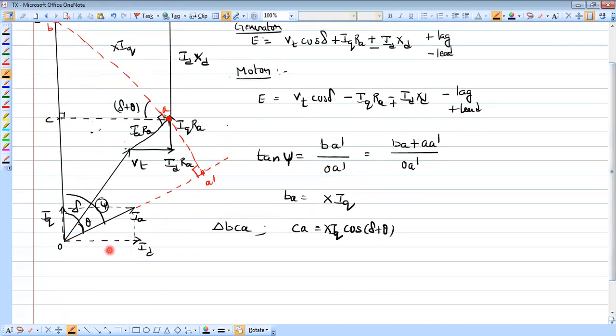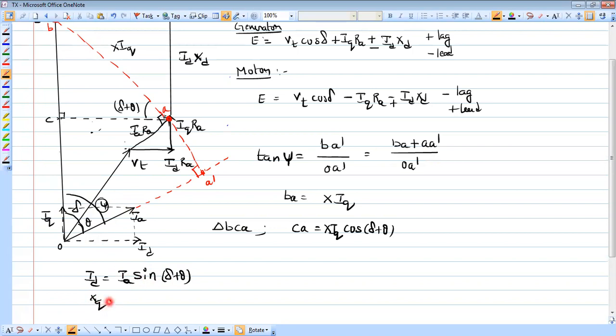If you observe the phasor diagram, this ID is the adjacent side of this triangle with hypotenuse IA. See, this is IA, the hypotenuse, right? And here we have an angle psi. This will be the angle psi. See here, this is psi. Then this will be the ID, so it will be the opposite side. So ID is equal to sine of delta plus theta, or psi, times the hypotenuse IA.